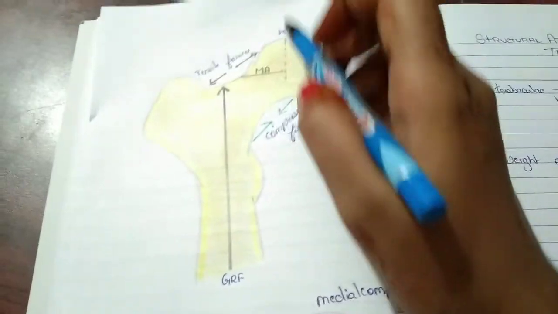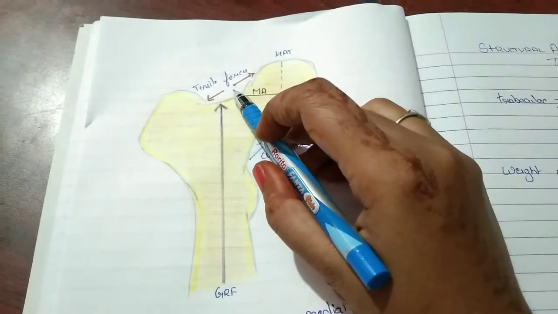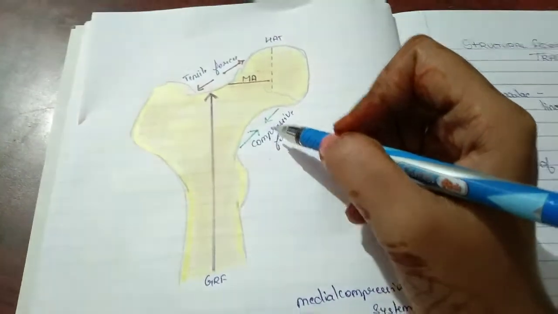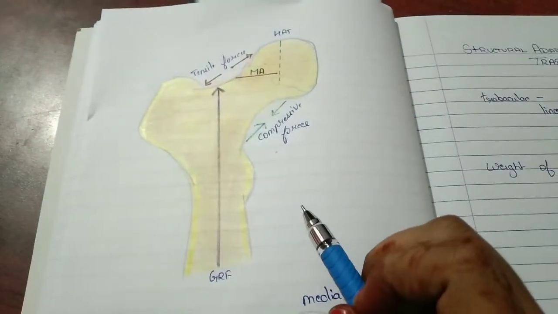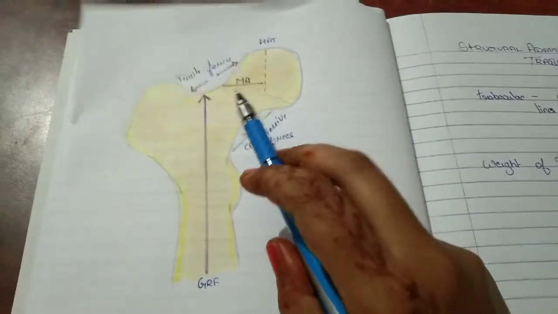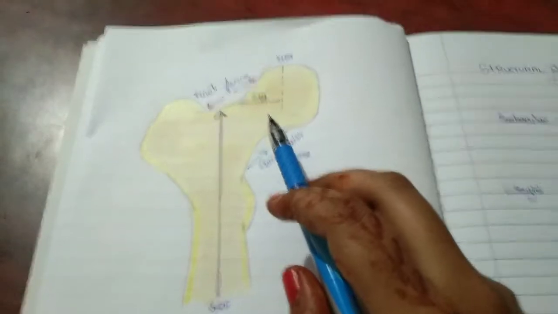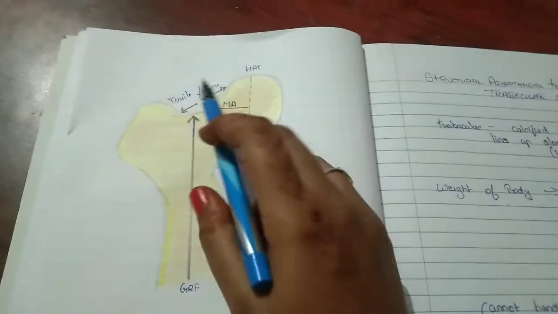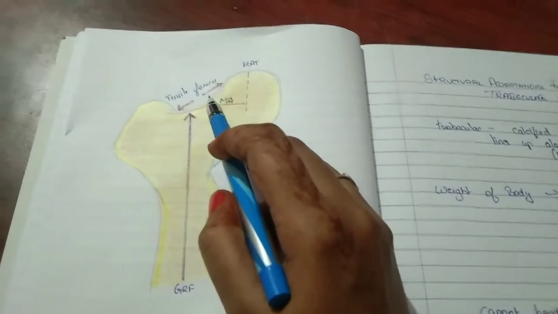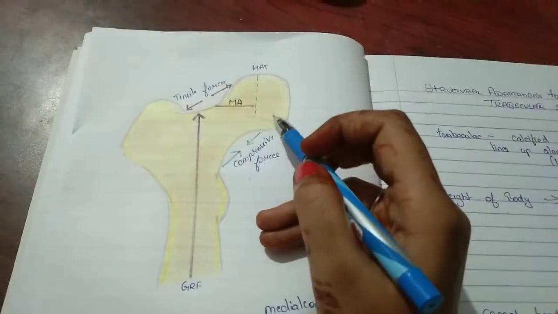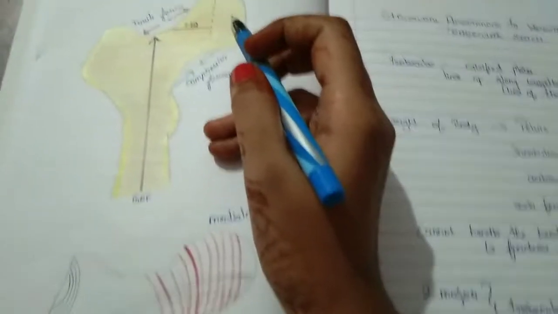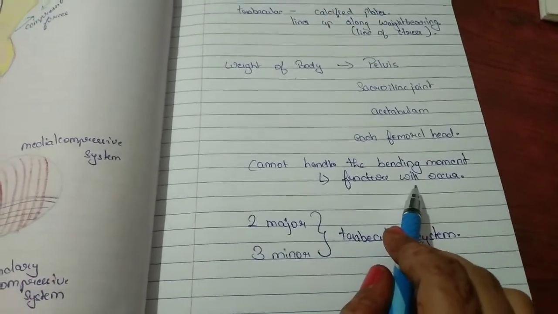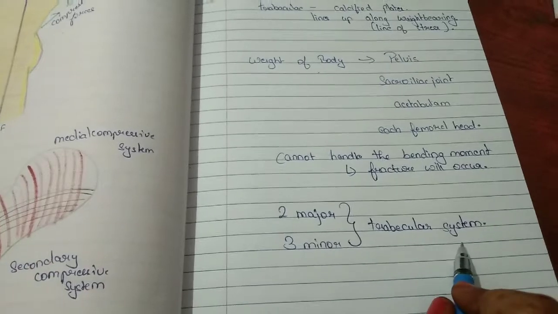When a stress is acting on a bending object, or a bending moment, it creates tensile force superiorly and compressive force inferiorly. If you want to know about this, click the I button. When the bending moment is high due to the large tensile force, it causes a fracture. So when there is a large tensile force, it produces a great bending moment. Because of this, the fracture will occur. The femur cannot handle the bending moment, so because of this, the fracture will occur.